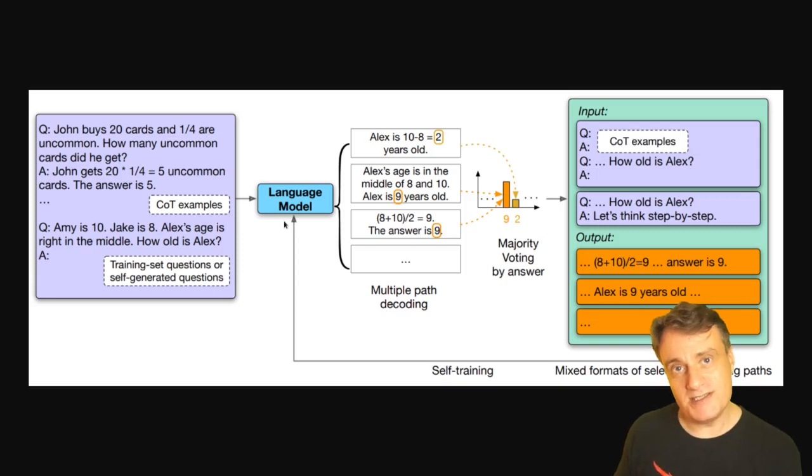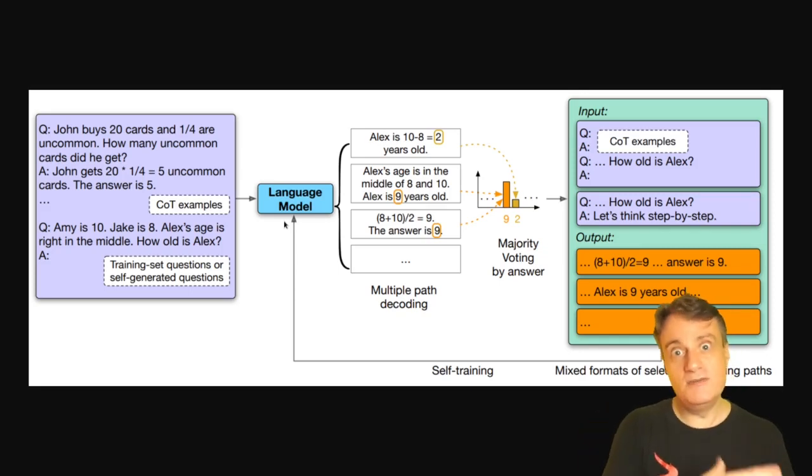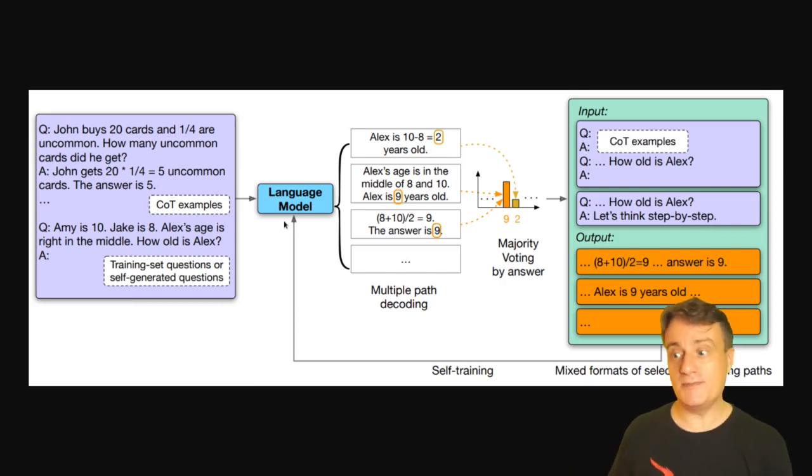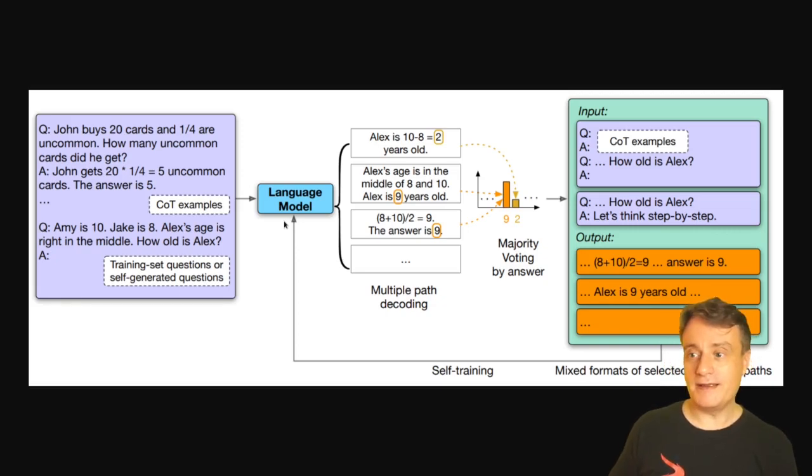Now, one of the downsides of this could be that if it starts to answer things wrong, it would then put wrong answers into its data set and get even more wrong. So there is a kind of negative cascade that could happen. But fortunately, what people have found, certainly with the big models, is that this cascade actually is a positive reinforcement loop, enabling these models to do better than the original training data.